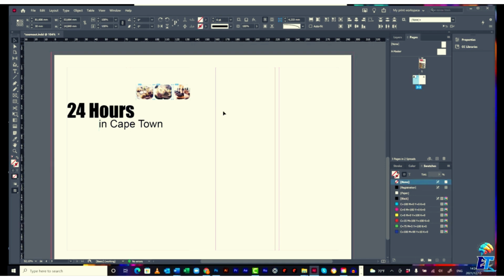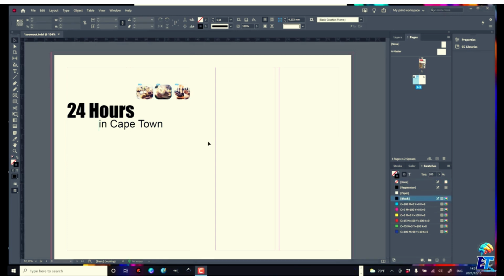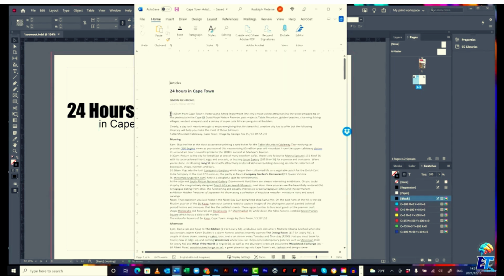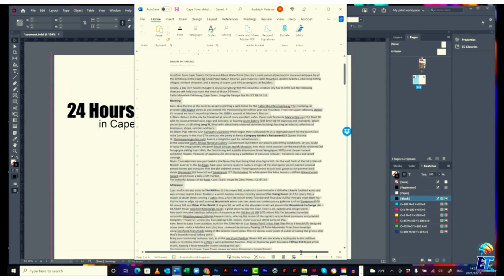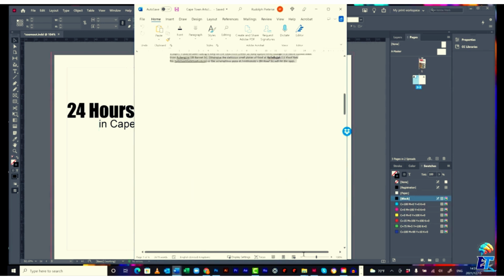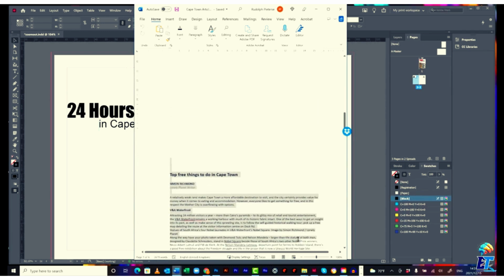Great. Okay. You'll notice I'm leaving some white space. You know, white space is a great design element just to make your design breathe a bit. Okay, next up, we want to bring in our copy for our article. So remember, the Word document contains all the text, and we can select the text from here, and we can select everything in that article, maybe a bit of this next article as well, so that we have enough text